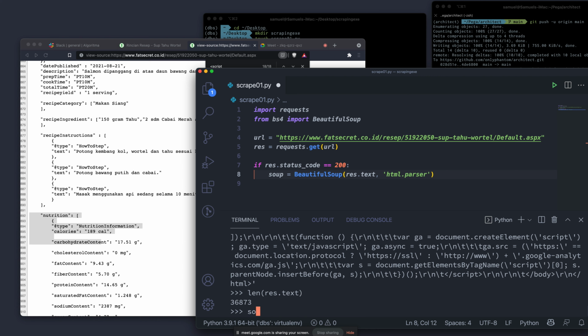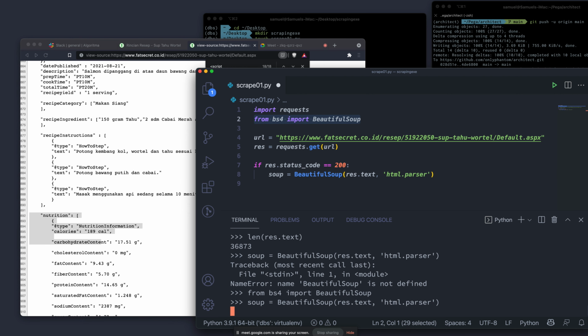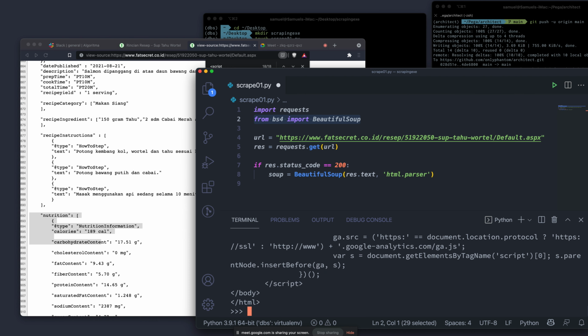Okay, so let's go ahead and say soup equals BeautifulSoup, res.text, and pass in html.parser. Done. Oops, not there yet. So let's copy that and paste this in. Done. Okay, now once we have the soup, if you click on the soup, you get all of this stuff